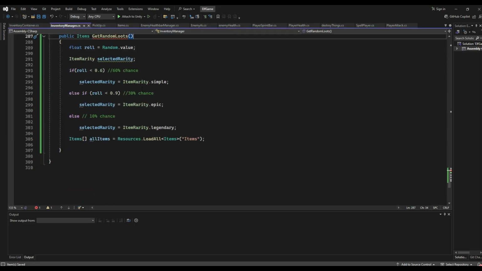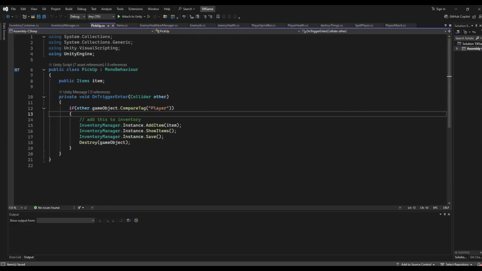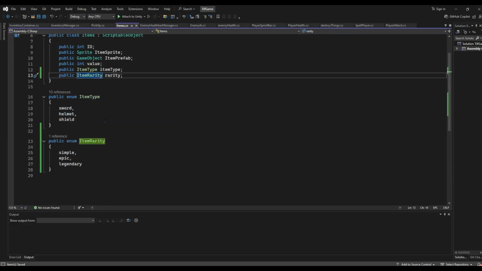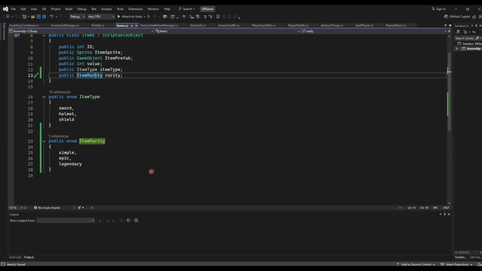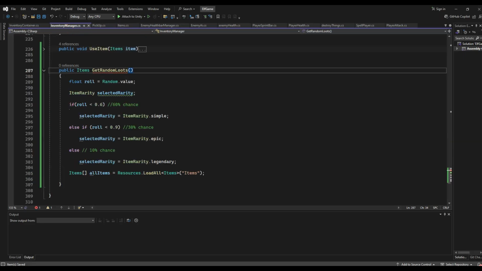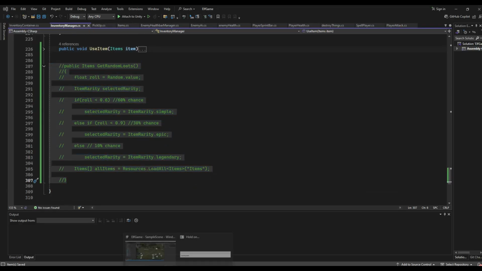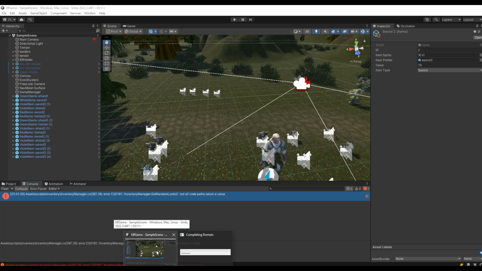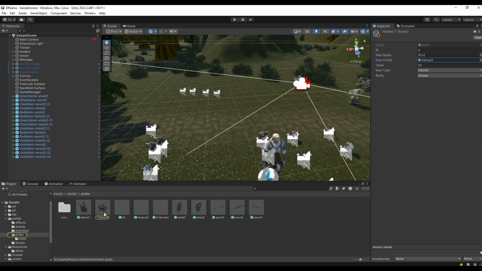Oh, okay. Let's first complete this one, and then we go to that part because it doesn't load and there is an error. Okay, temporarily I comment that so that we can save, and this is applied here. Resources, items, and we have the rarity here. So let's see what was that. So this one,